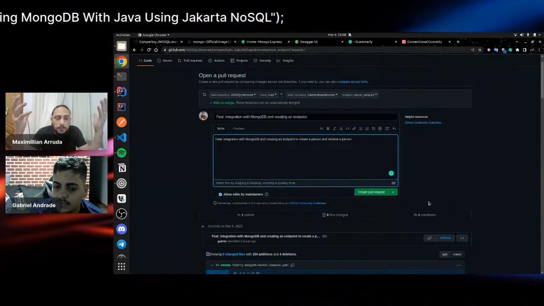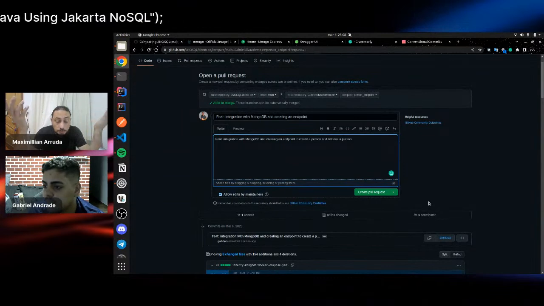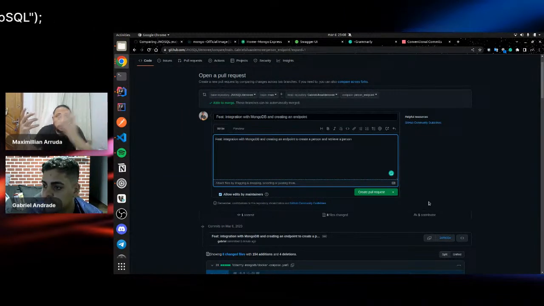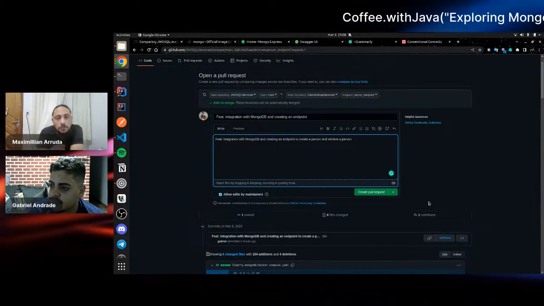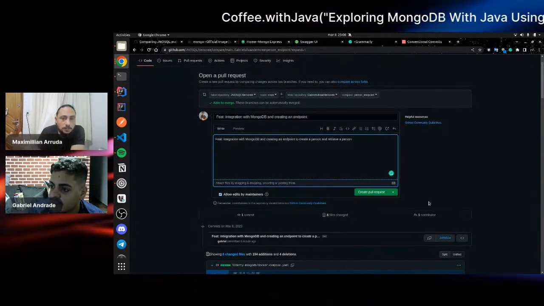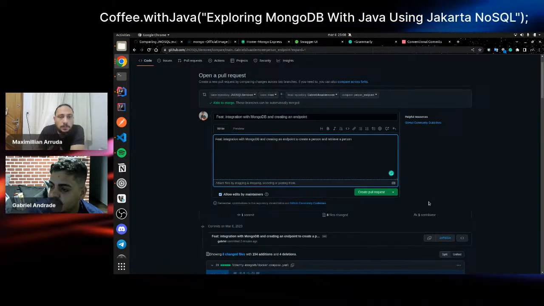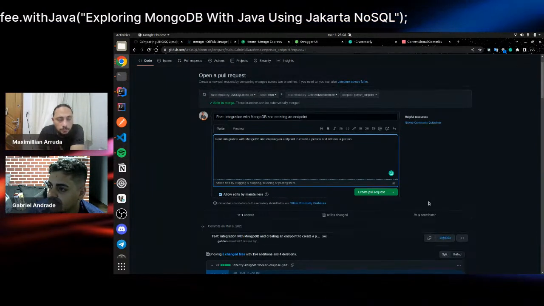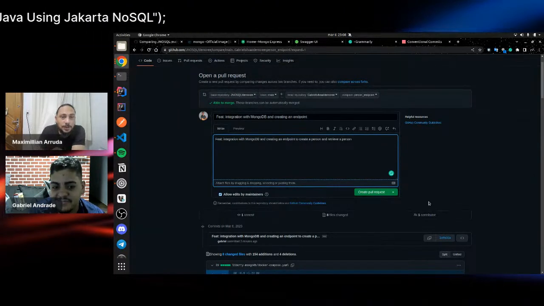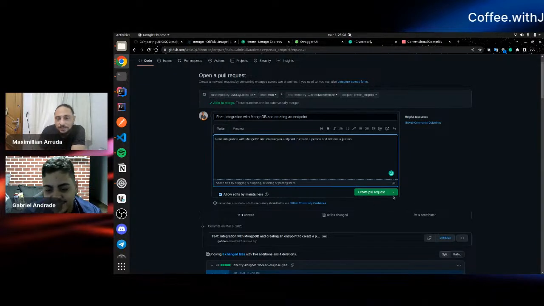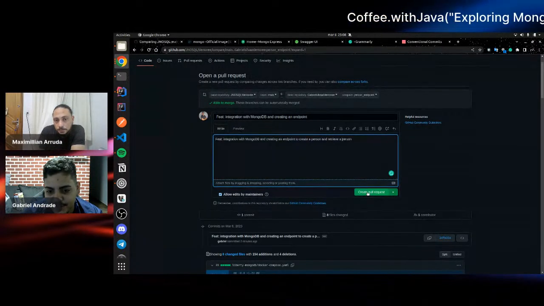And it will help you improve your skills, because you will learn how to do those things in a better way. That's the reason why I think open source is a very useful and powerful tool to boost your career. That's the reason I use it in my day-to-day work. Okay, I created a pull request now.